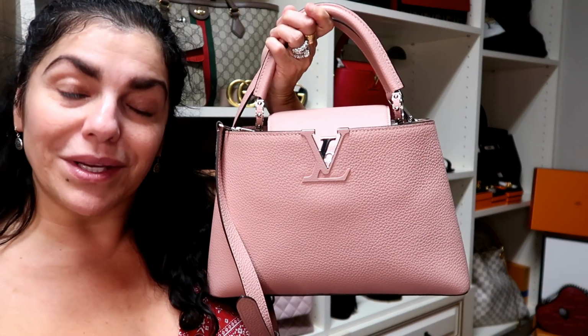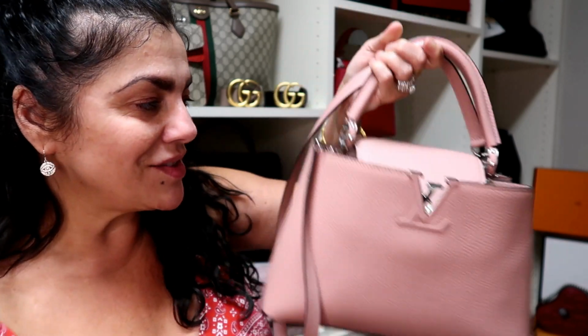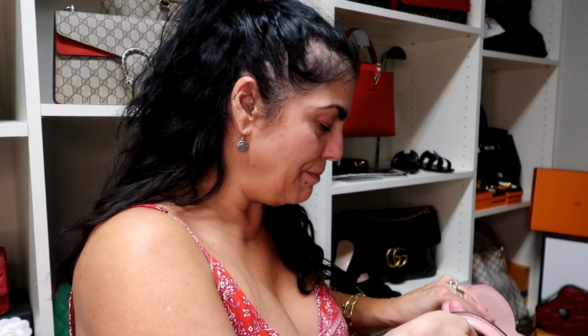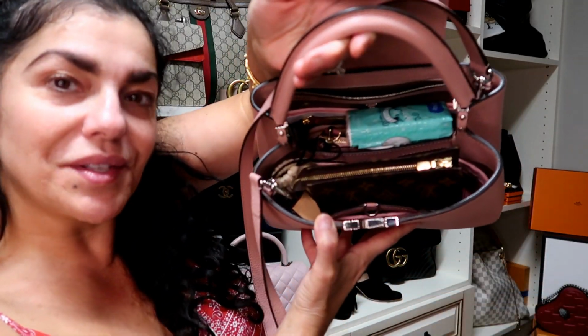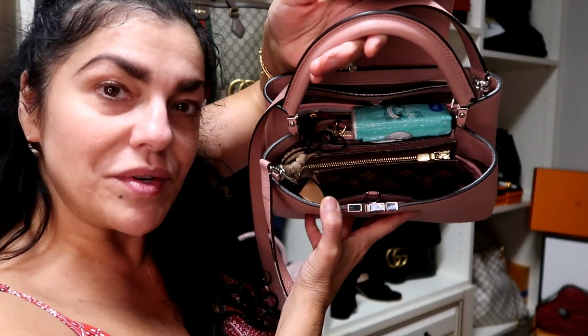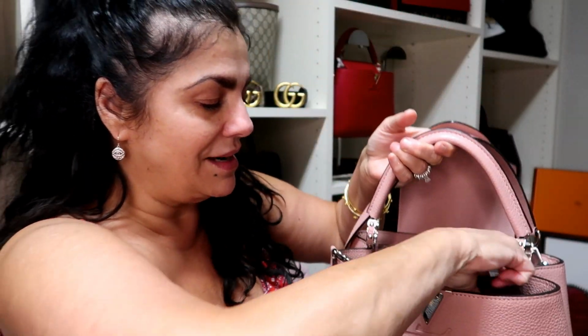So, let me show you what I've been carrying around in this bag all week. There's a lot of stuff that you can fit in this bag. And like I said, we will do a comparison with the medium size. So, here's a little look inside. I think I left my phone downstairs, but I always just toss it in there. So, I have my